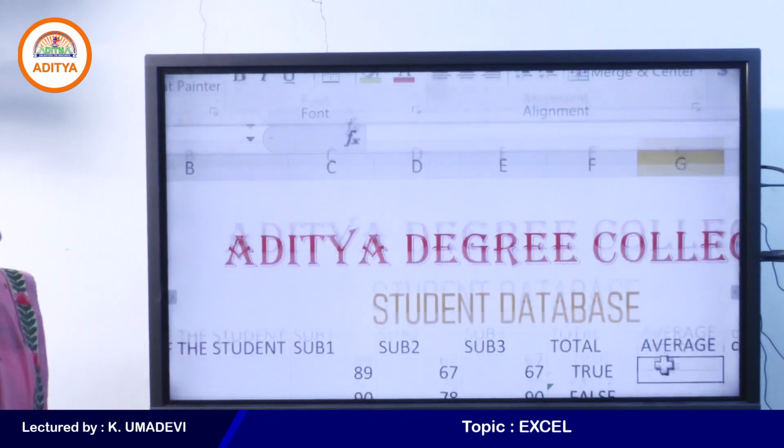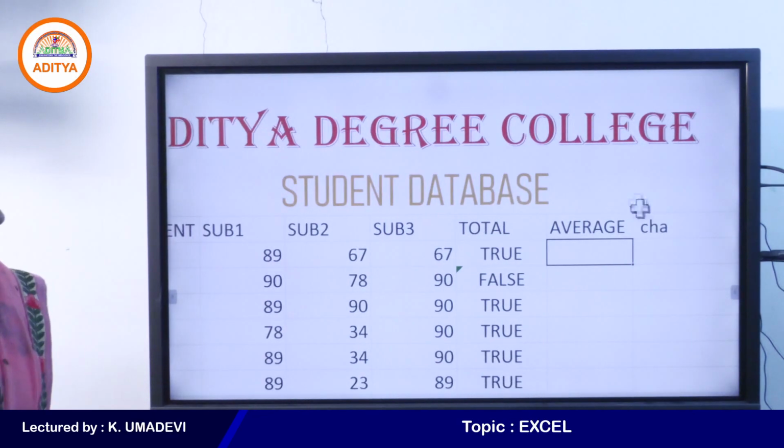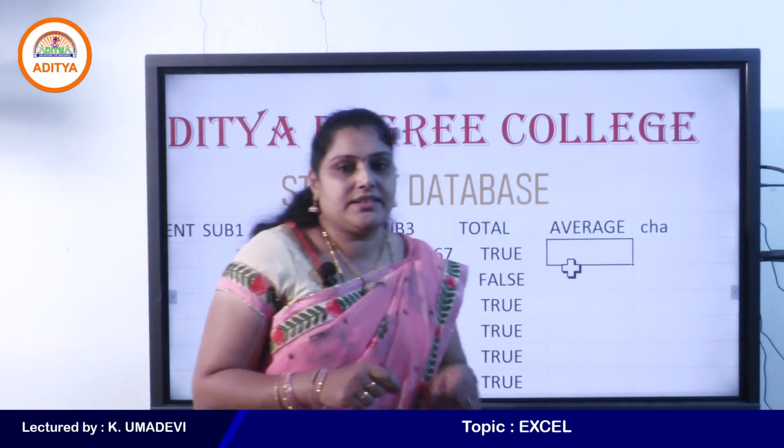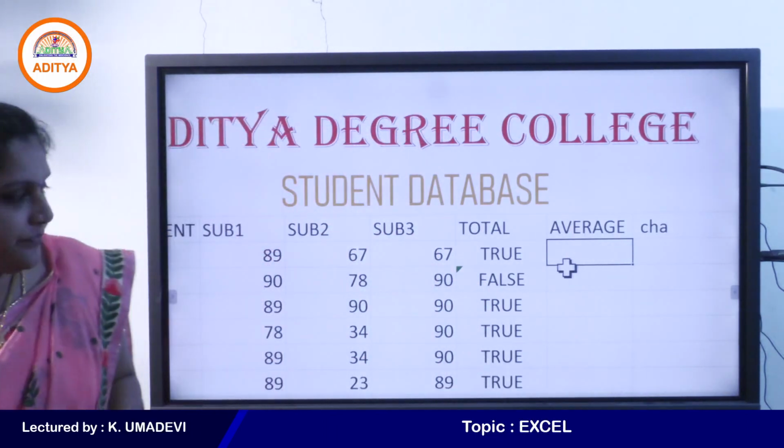I'll just delete the formula which we entered earlier. Now I want to print pass or fail. For example, here,